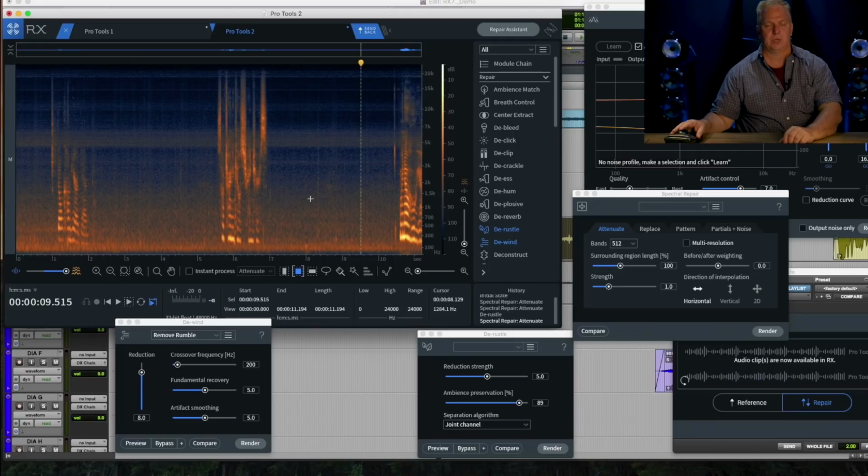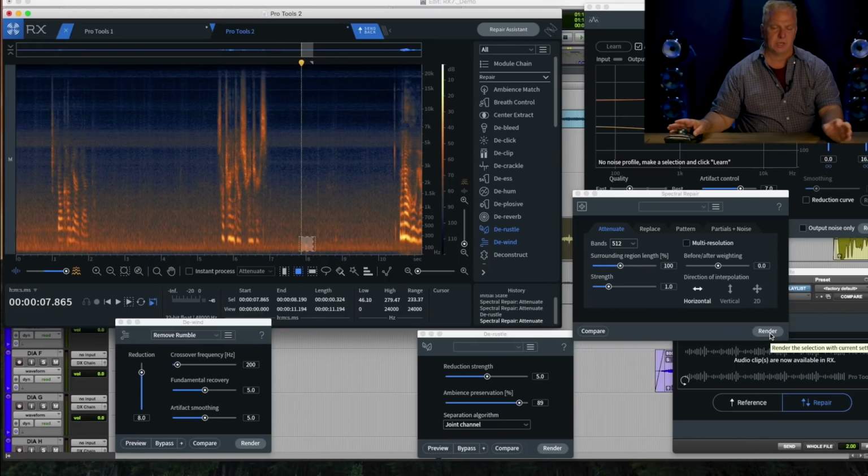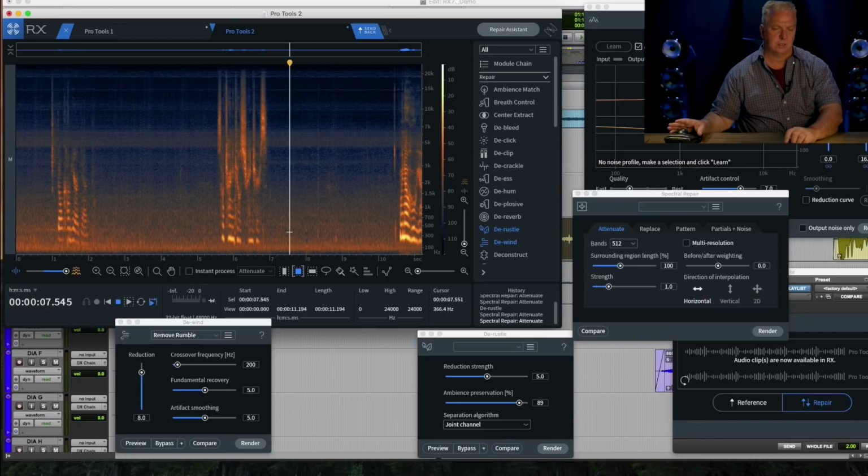That technique also is great to take out if you have small mic bumps down in the lower frequencies. You can just select them using the selection tool around what would be a mic bump. This one's not very loud, but just select around it, right? Strength is set to 1. You're in attenuate, horizontal, and this is sampling from either side of the selection, as you can see by the little windows on either side. And that's really good for taking out those little mic bumps.